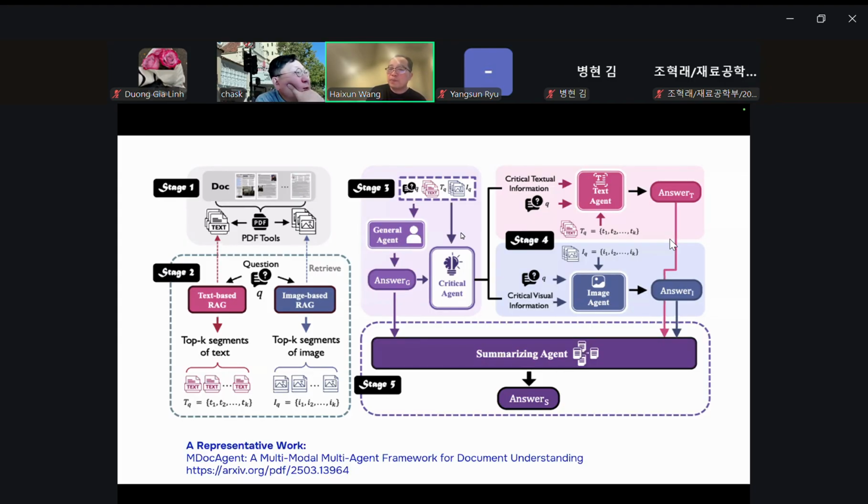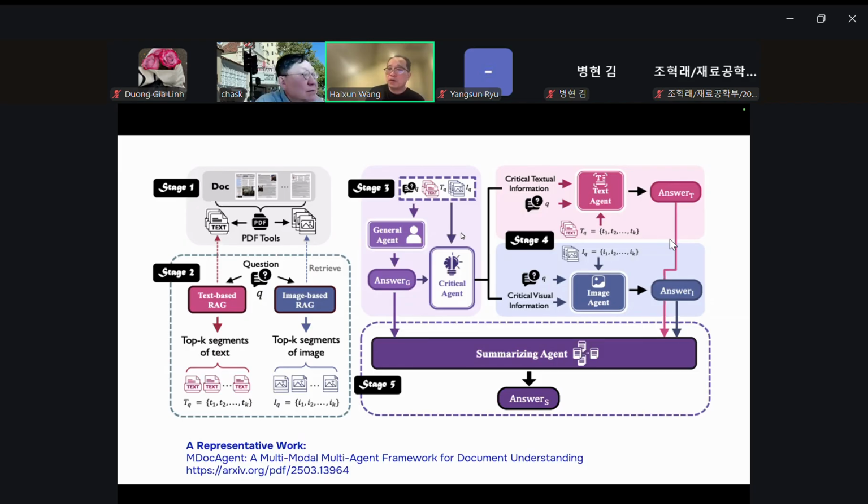$3,000, right? And then, given these critical questions, it goes back to the RAG to get a new set of top K text chunks and top K images, and then it looks at their answers and uses them to decide whether the previous answer is the right answer, right?